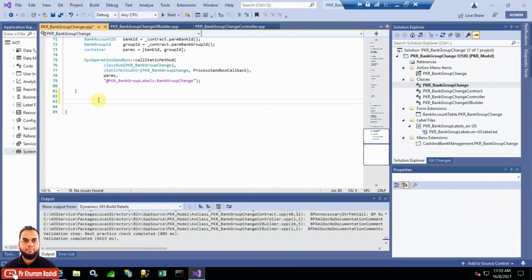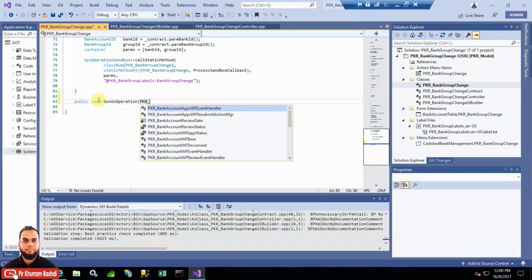Now I need to write an entry point, because the operation is run in asynchronous mode, which is not non-interactive, and we cannot use this process when the routine is running in batch. It means the sandbox logic is not used when it is running in batch. This is only used when it is interactively called. For that purpose, we need to implement another entry point, which will be public void run as operation, and